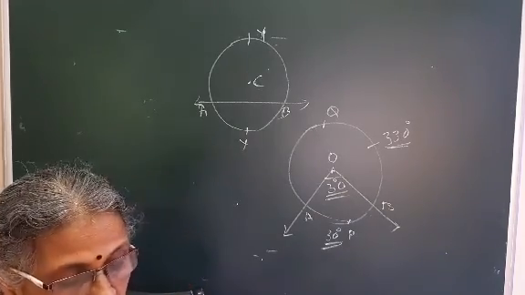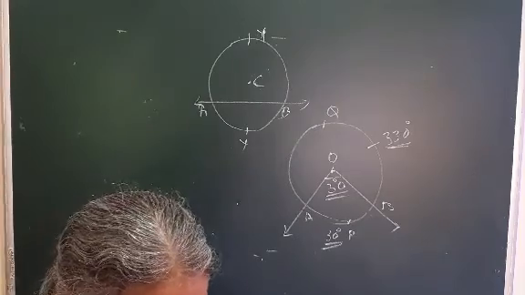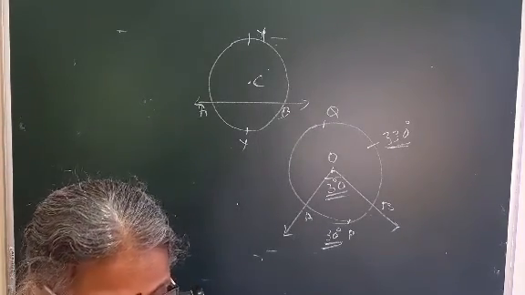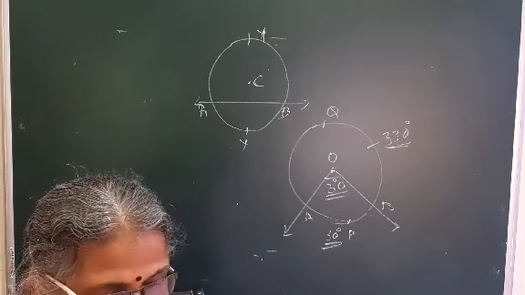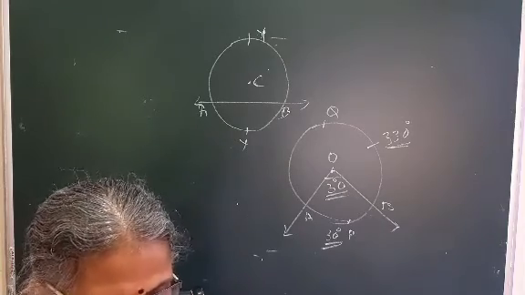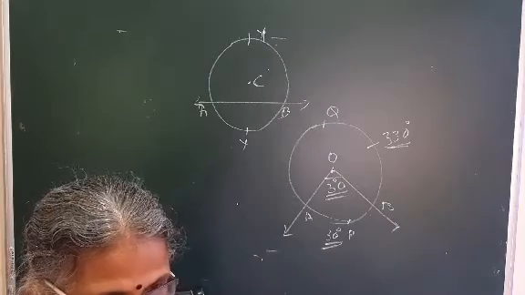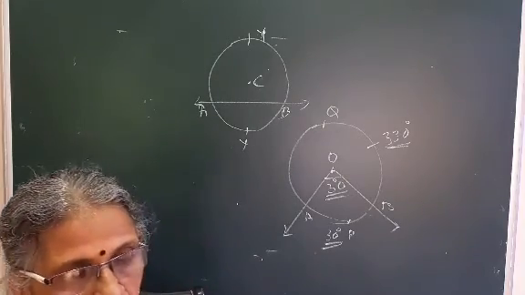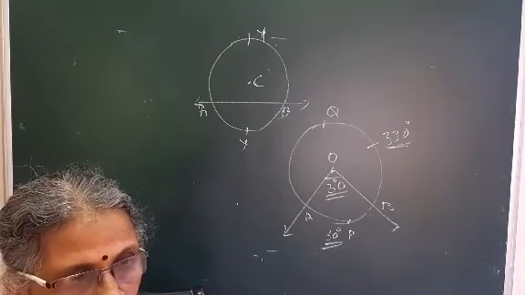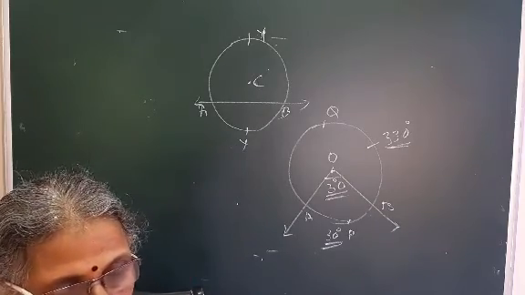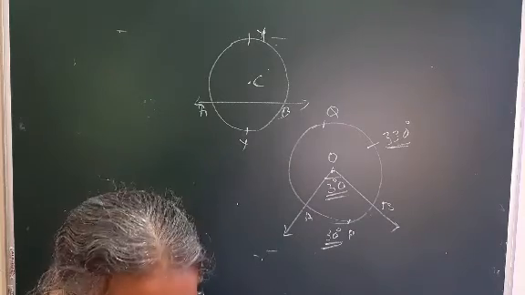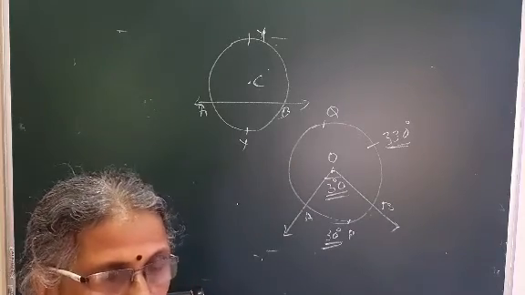SAS test. So write SAS test. So chord AC congruent chord DE, corresponding sides of congruent triangles. So what statement have you proved here? The chords corresponding to congruent arcs of a circle are congruent. If the arcs are congruent, then the chords corresponding to them are also congruent. So here arcs congruent was given, chords congruent you have proved.